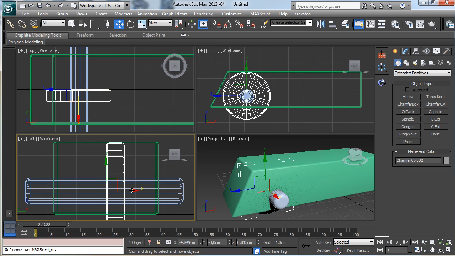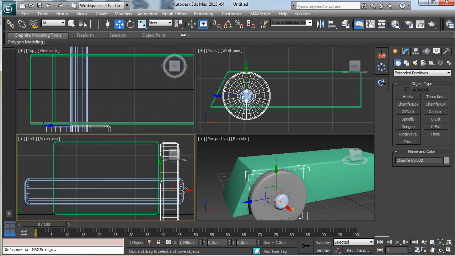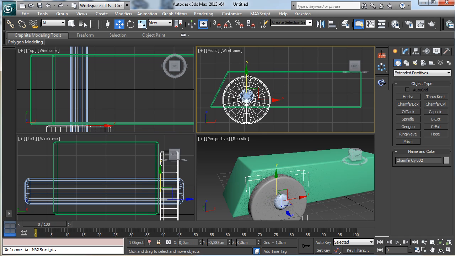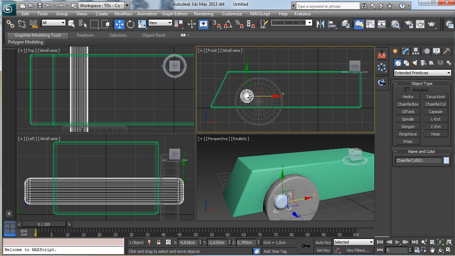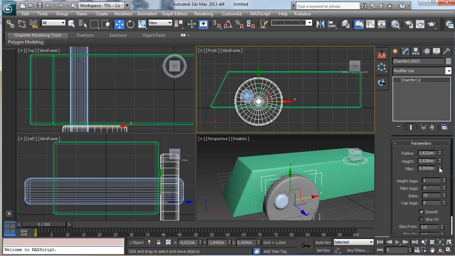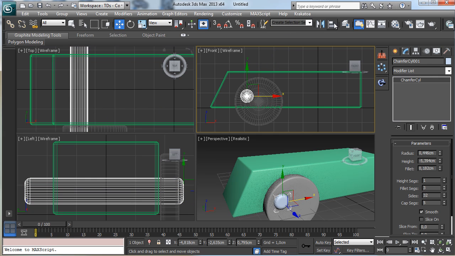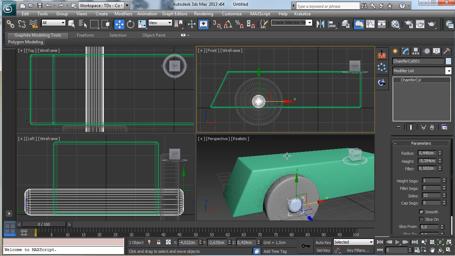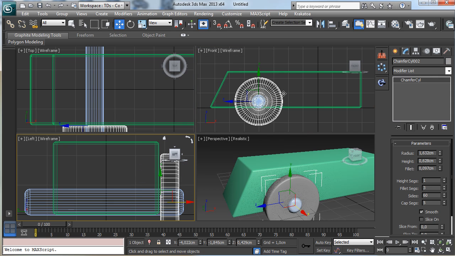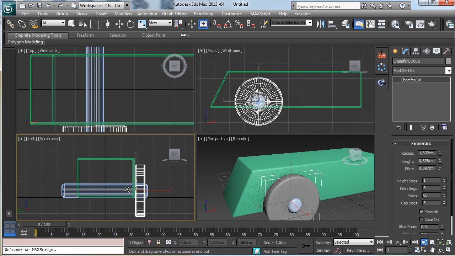Okay, and let's move it there. Let's think about where we like to have it. So we can put, for example, the tire there, but we need more segments because we'll go really near with the camera, so it's better to have the camera with a lot of detail on the model. We can align just over the X and the Y axis, and then we can create a copy of the tire